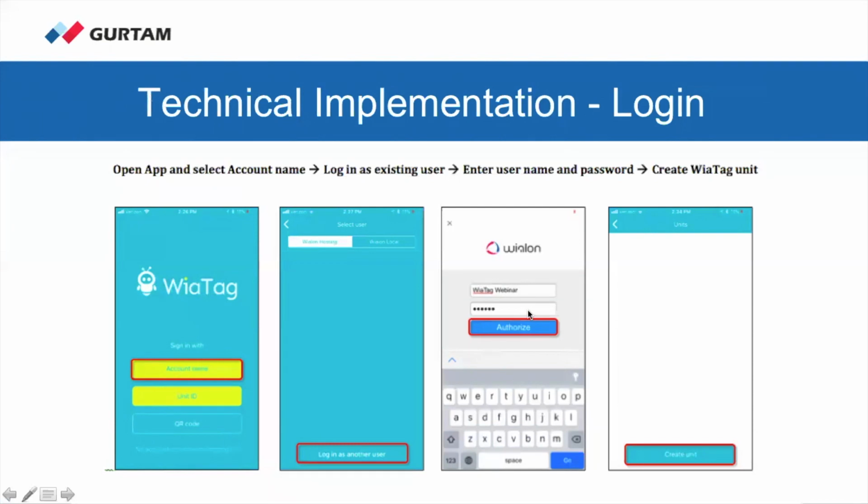And what you will see on the third screenshot is the very classic way of logging into the Wialon platform. You just need to type the username and the password from one of the users who have access to Wialon. So in my case, it's a WiaTag Webinar user, and there was some password to that user, and I created that user just for testing purposes. I created it in the Wialon interface in one of my accounts. So I typed the username, password, and then you see the WiaTag app will offer you to create a new unit. So you click on create new unit,